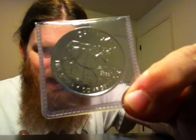Now here's where we run into the trouble. I want to take it right out of this. I have taken it out. I've played with it just a little bit, but I don't really want to mar it up, but at the same time I don't want to baby it, so I don't know really what to do here. I'm probably just going to wind up throwing my concern into the wind and just taking them out. But the antelope,